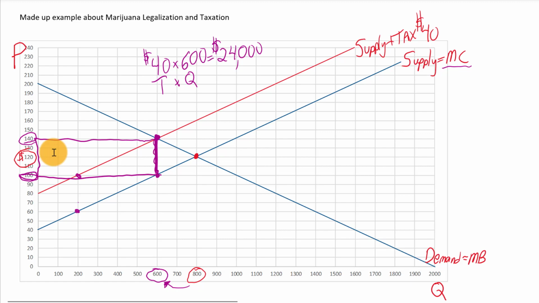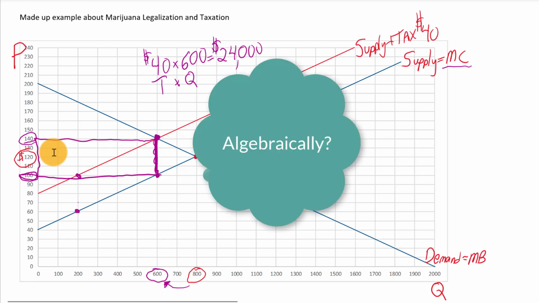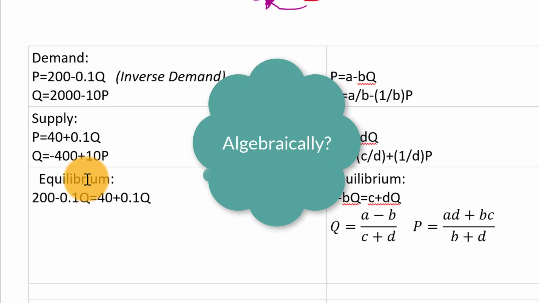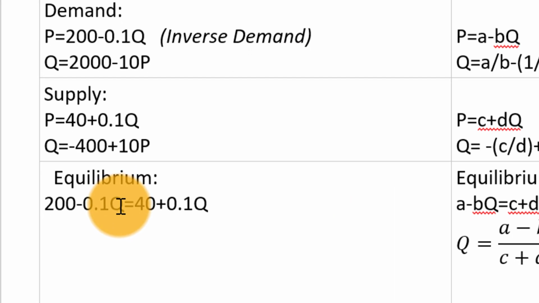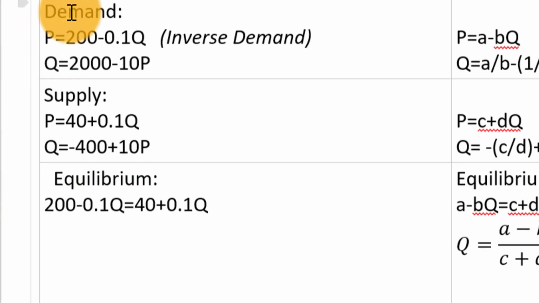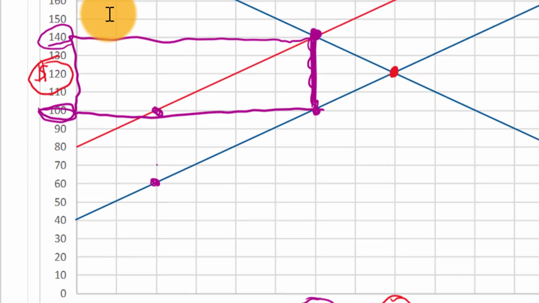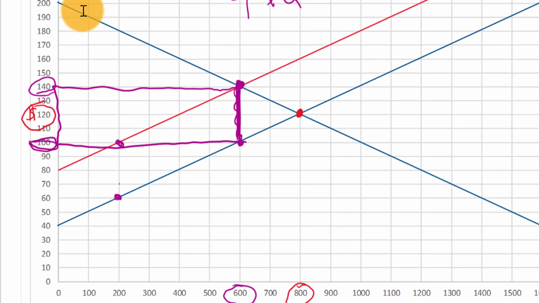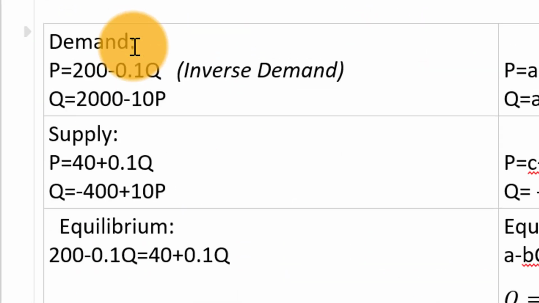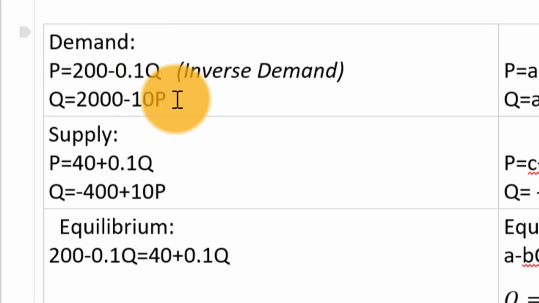So now that we've done this problem graphically to visualize what would happen with a $40 tax, let's do this problem numerically. So let's look at the equations and solve those. So here we have the demand equation. Actually, the inverse demand equation is the way we graph it. We call it the inverse demand because it's P as a function of Q. But we can write that demand function two different ways, and sometimes one way is more convenient than the other. So here the inverse demand is 200, the y-intercept, minus 0.1 times Q.